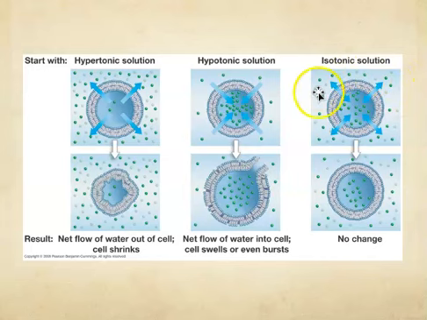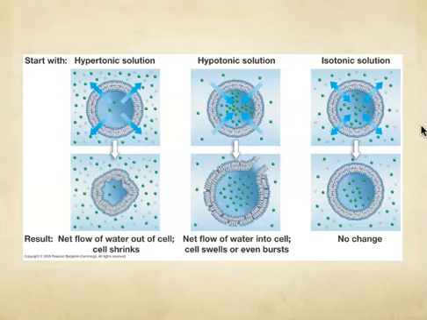Now, in this case, everything is okay. It's okay because there's no gradient of green particle here. There's no gradient across this membrane, so there's nothing that has to be fixed. There's nothing that has to be resolved. We are already at equilibrium. Now the diagram is showing you these blue arrows here, and this is important. Even when we're looking at cells that are sitting in an isotonic environment,